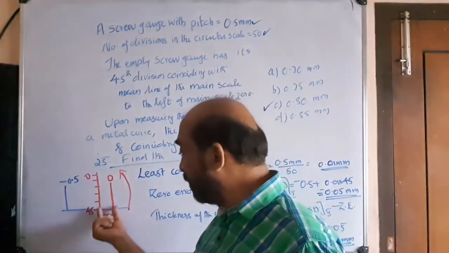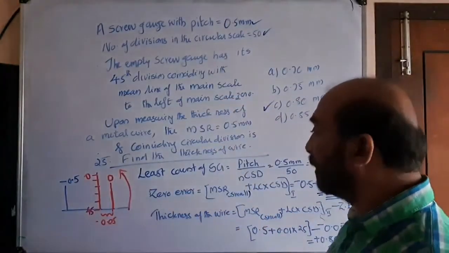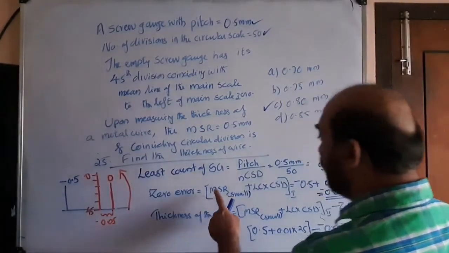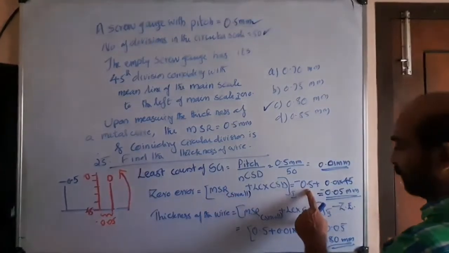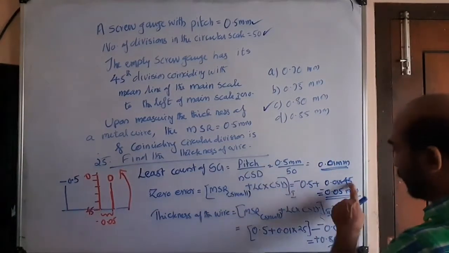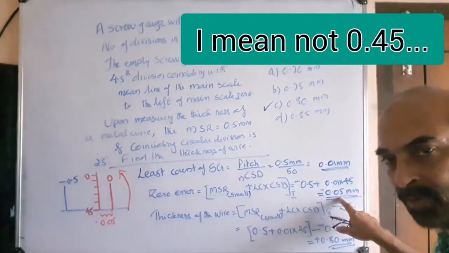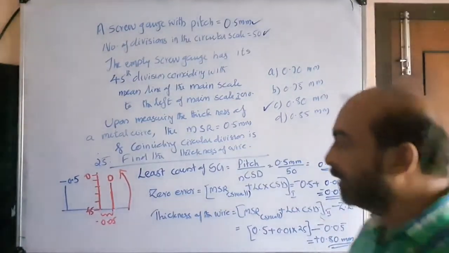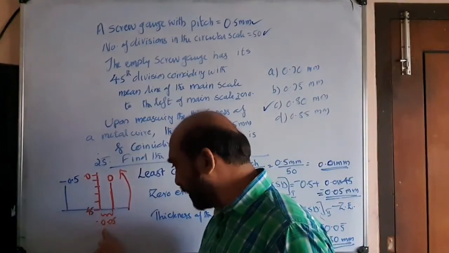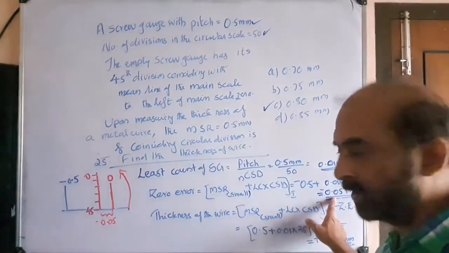So this value must be a small value, not a huge value. That's why, while we use this equation, we get the desired result. Why? Main scale reading minus 0.5, least count 0.01, circular scale division 45. And the result value is small as we wanted, not 45. Okay. So, this is the advantage. This is the excess distance covered, minus 0.05. And we got that as the result, minus 0.05. Hope you understood that. Okay.